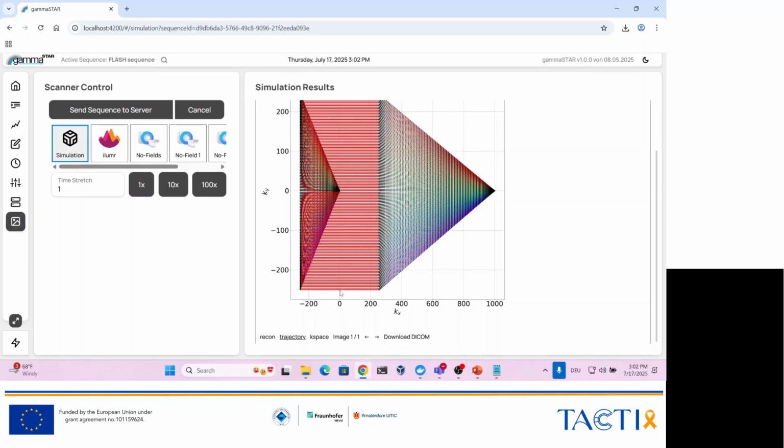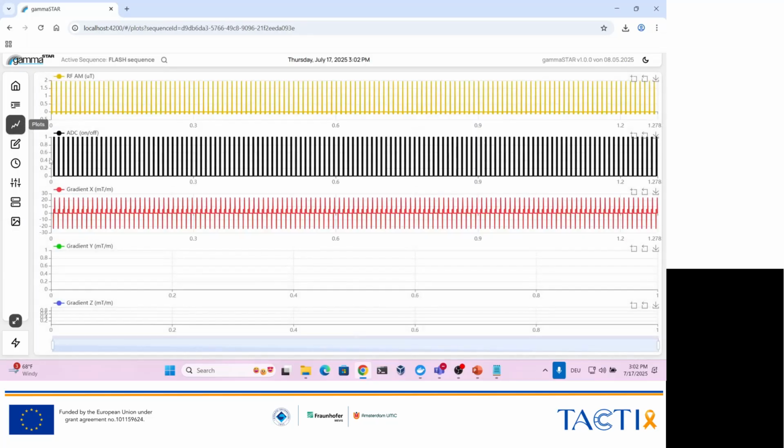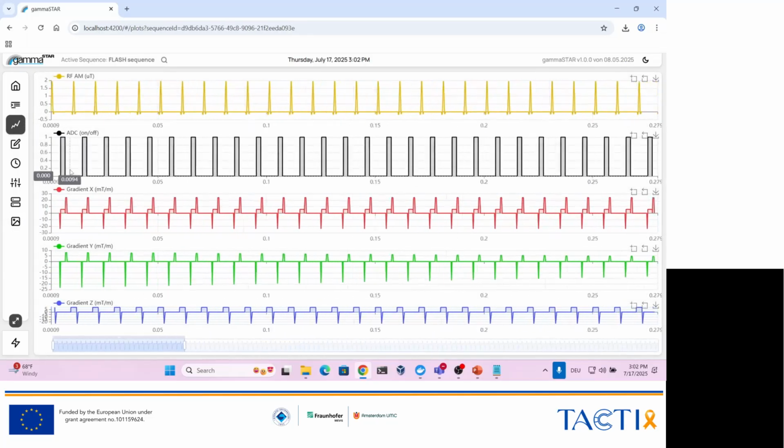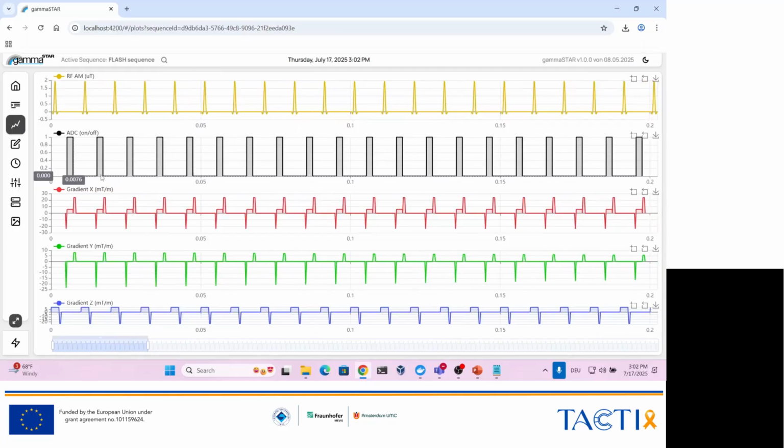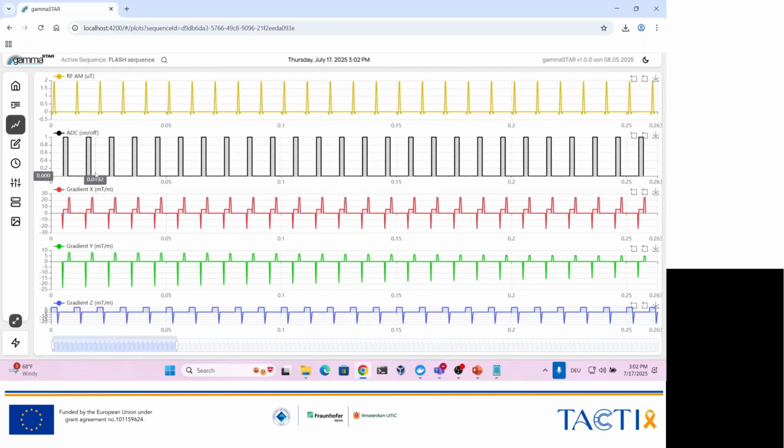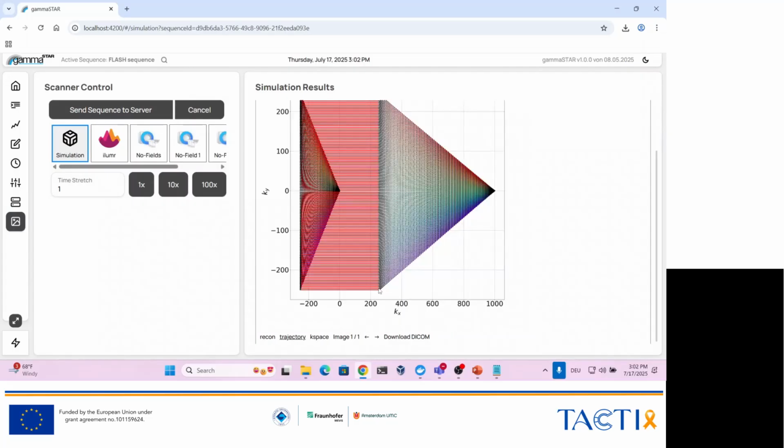Okay, so who of you is familiar with the simple gradient echo FLASH acquisition? So who did hear the name FLASH before? And you probably know what gradient echo based sequences are from the first day. So this is the very, very first sequence that you would look at in an MRI course. So what it's doing is, and you can see that also here in the trajectory,